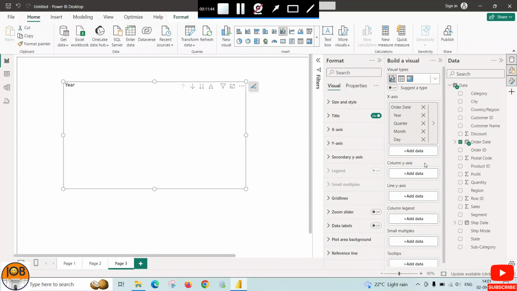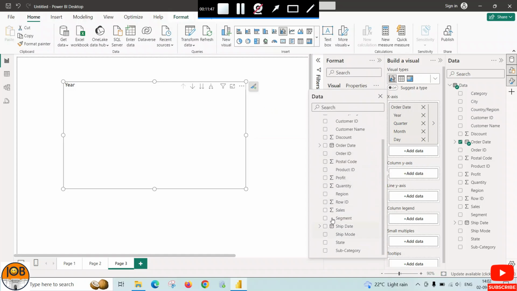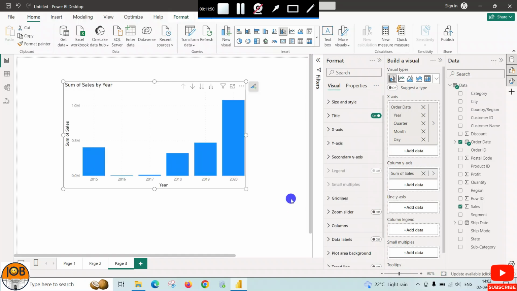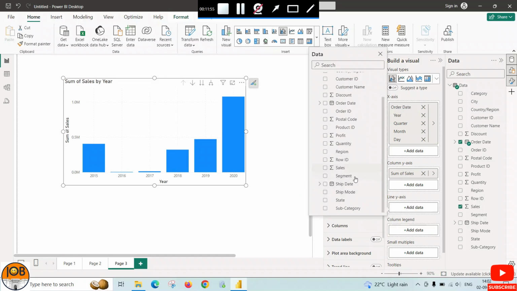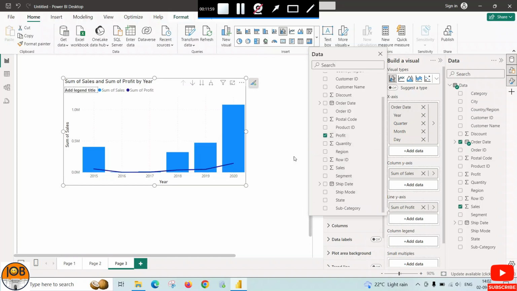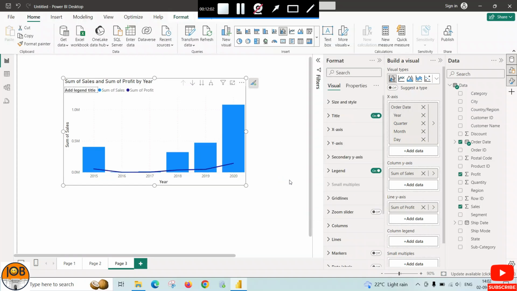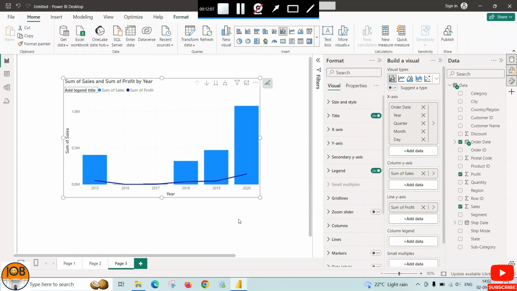So here I have selected date for the x-axis. Now go for y-axis, sales, and for checking the trend, I have selected profit. So here you can analyze profit slightly increases in 2020 if we compare with 2019, but the